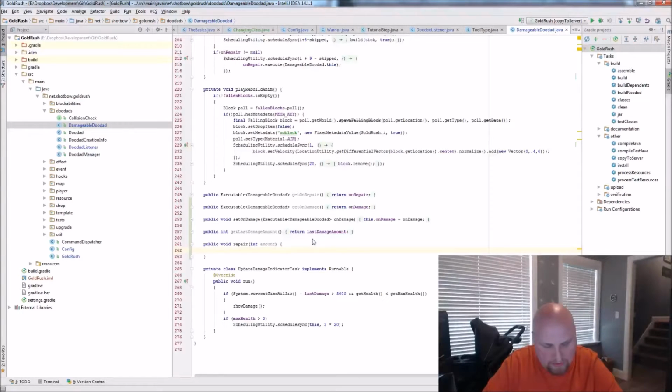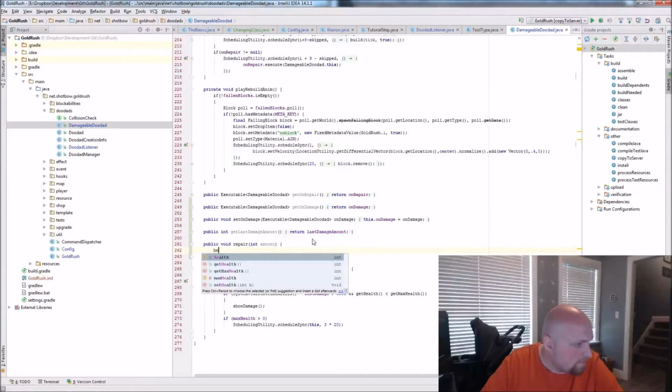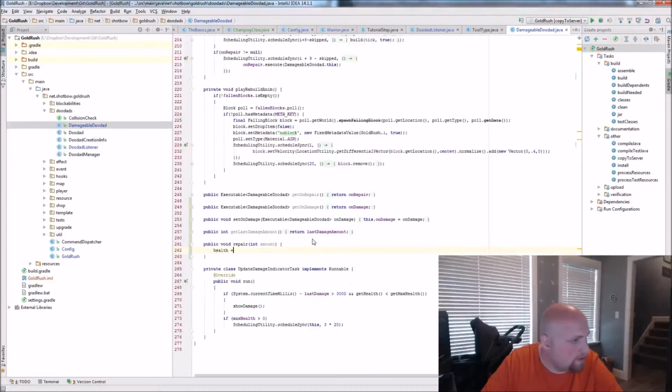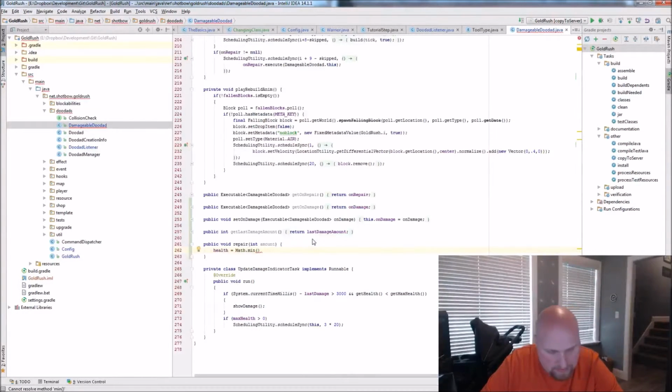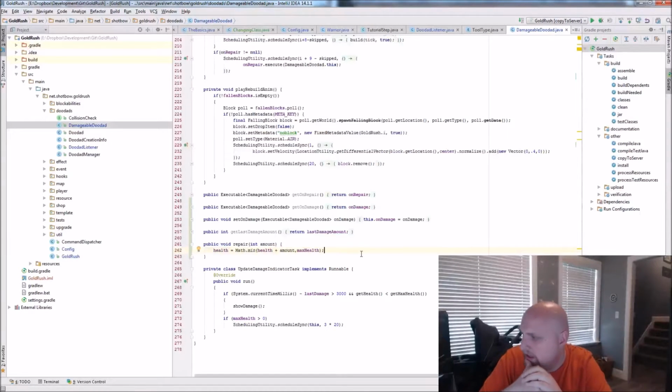So I can go if health equals Math.min(health plus amount, max health). What that does is it says if health plus amount is greater than max health, then it'll choose max health. Otherwise, it's going to choose health plus amount, so it makes it a little bit simpler.